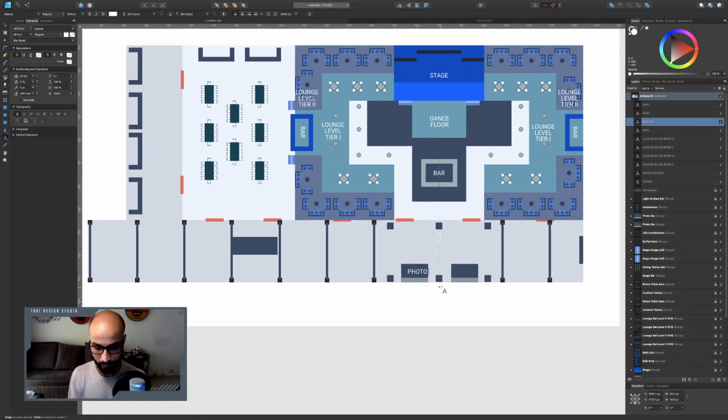Photo op, photo op, and depending on where you're putting your text, you can switch the color. Like here I want it to be darker so that it can be readable. Installation,